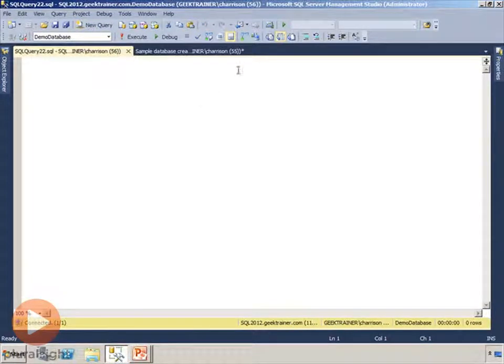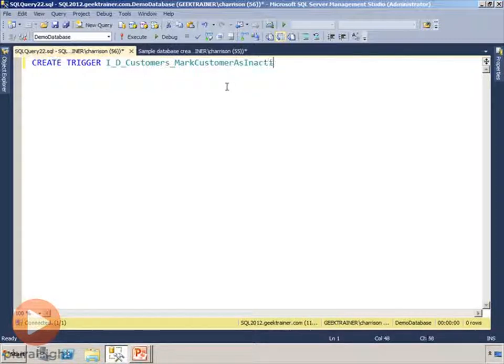I'm going to open up a new query window, and I'm just going to turn off IntelliSense, which is that little button right there. It's honestly just going to get in my way for this demo anyway. And I'm going to say create trigger, and I'm going to give this a name, and this is going to be an instead of trigger. I'm going to start off by flagging the customer as inactive. So this is going to be for delete on the customers table, and I'm going to say mark customer as